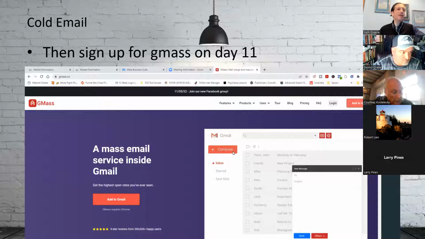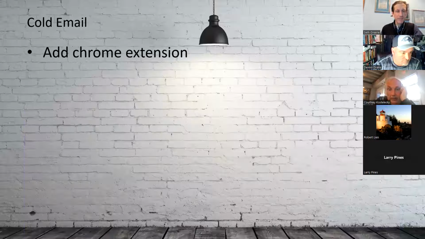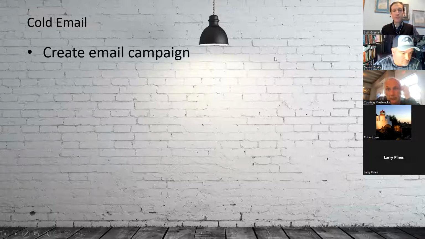And then on day 11, you're signing up for GMass, which is the software, which is like 20, 30 bucks a month. It's dirt cheap. It's a Chrome extension, which you have to add to Chrome, and it will tell you how to do that. And then you're going to create your email campaign. So I will show you how to do that.